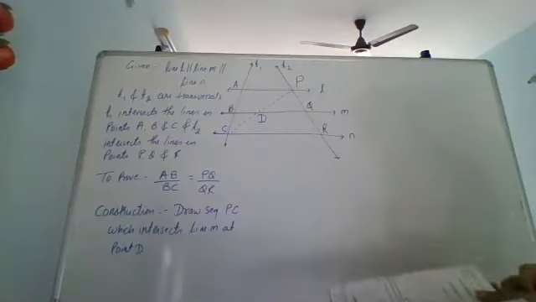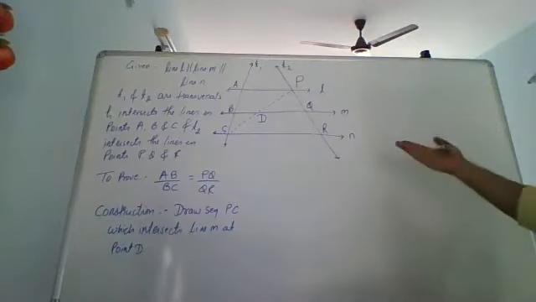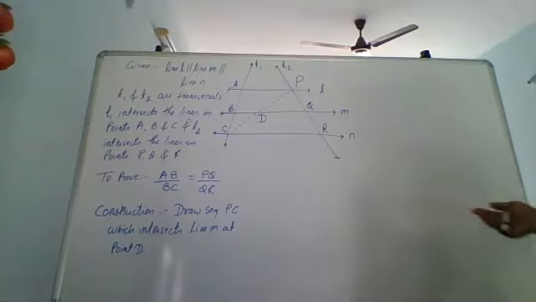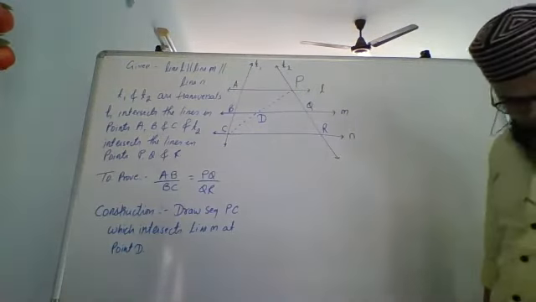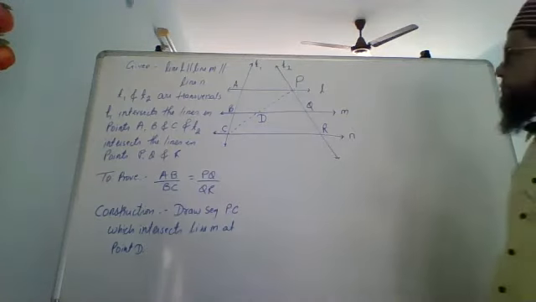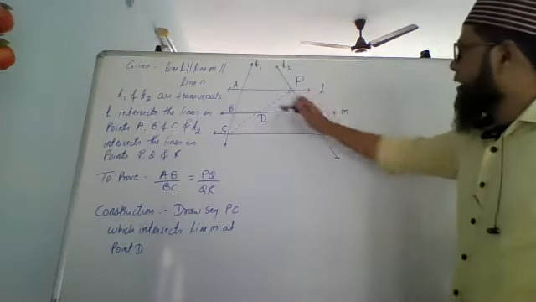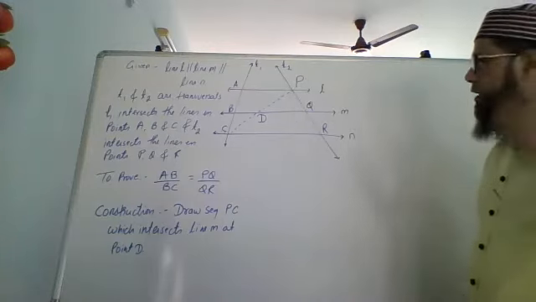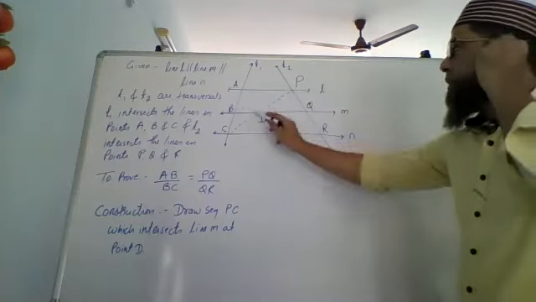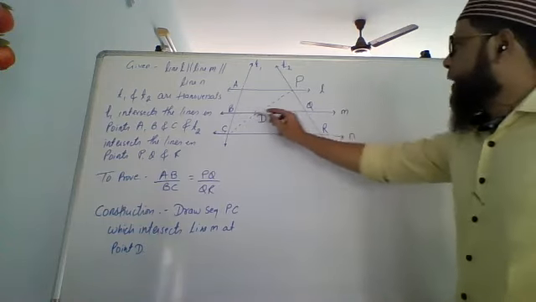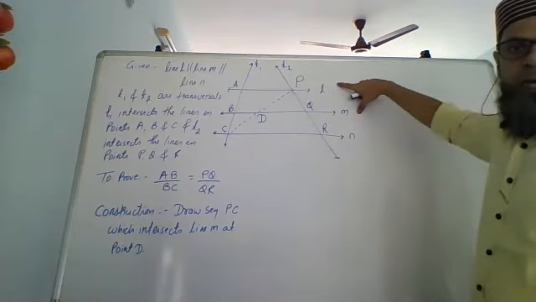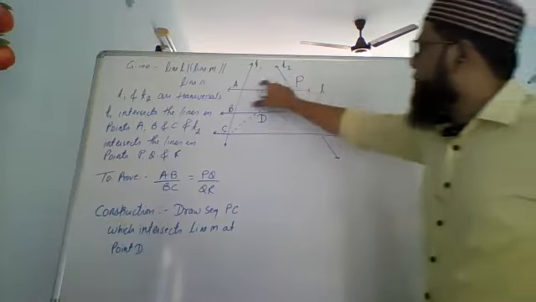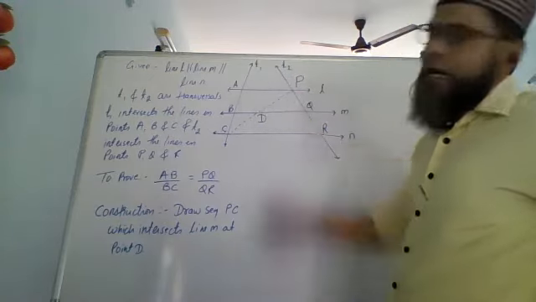Now how are we going to prove this? First, let's understand it and then we'll copy the proof. Copying is the easiest part. Now look at triangle ACP. Forget the other part. In triangle ACP, BD, that is part of line M, is parallel to AP, which is line L, because it is given L and M are parallel. So if they are parallel, their parts are also parallel. So AP and BD are parallel.